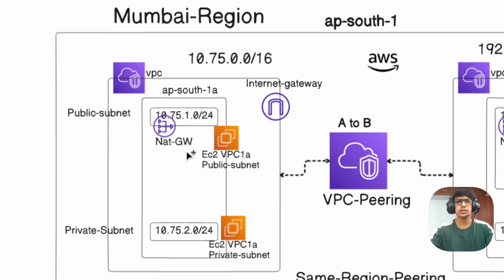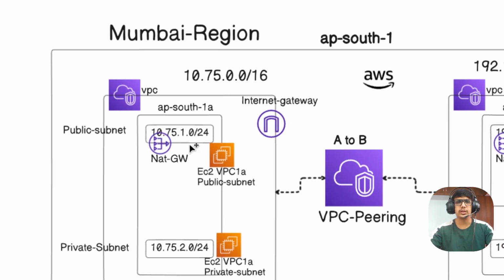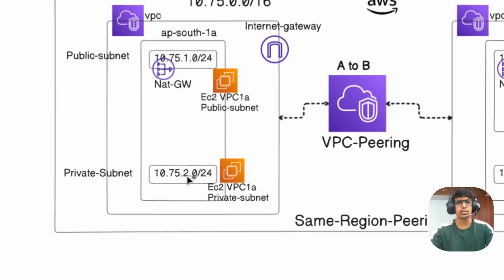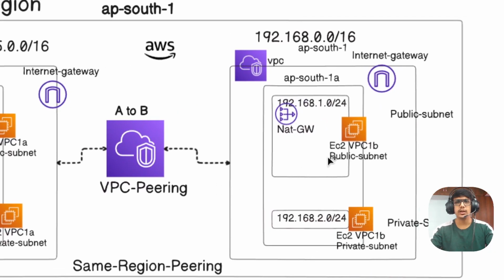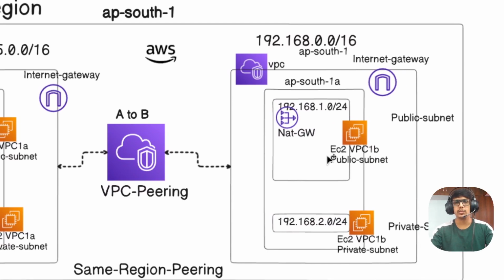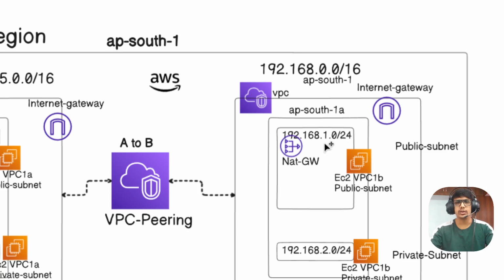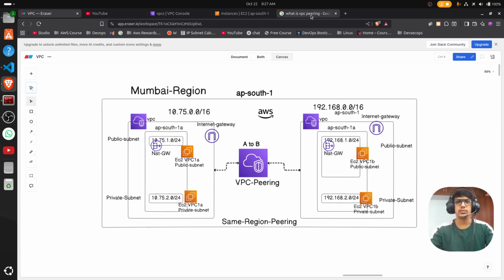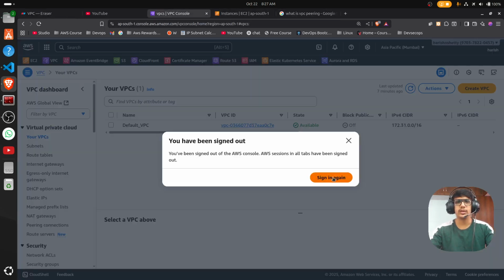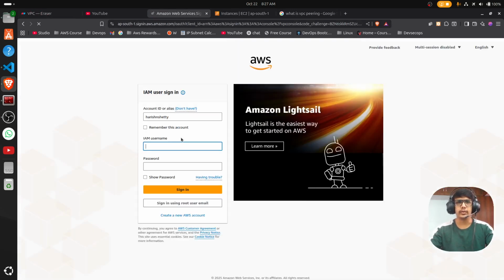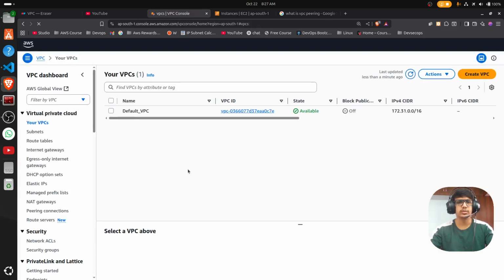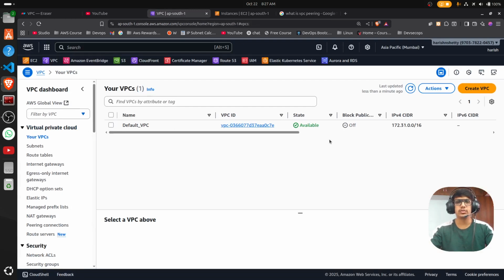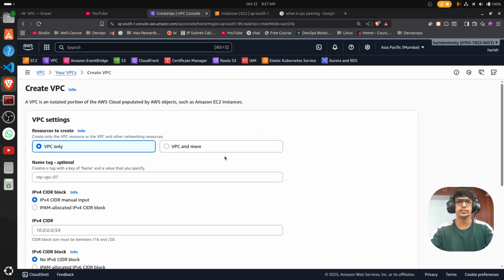For the first VPC CIDR block, I'm giving the IP address with 1 and the private with 2, the same as in the other VPC CIDR block in the 192 series, 1 and 2, that's it, simple. It's quite complex to configure in the manual way, so I'm going with automation. Click on VPCs in your web console, click on create VPC,